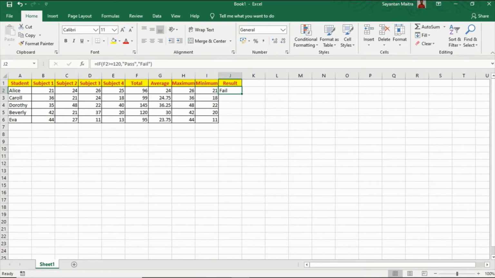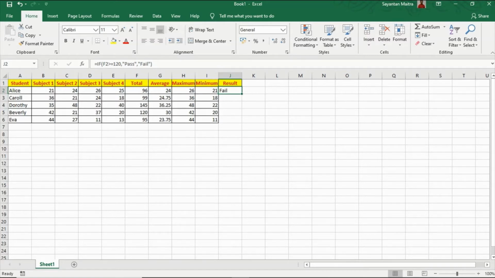Here we can use the Control D function, but in this video I will tell you another trick to fill the remaining cells, and that is the fill handle. It does a similar thing to Control D, but here we don't have to use any keyboard keys.